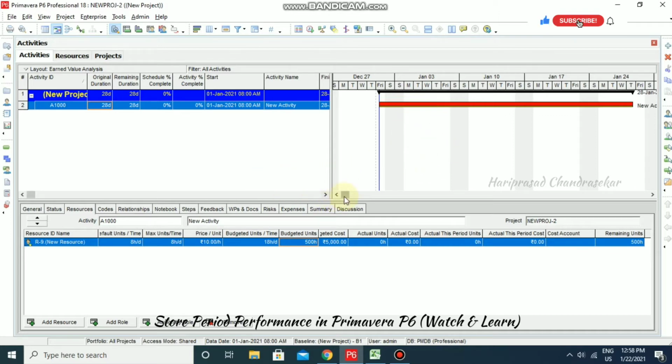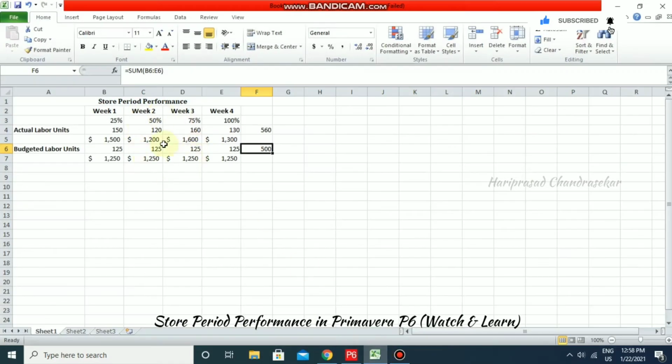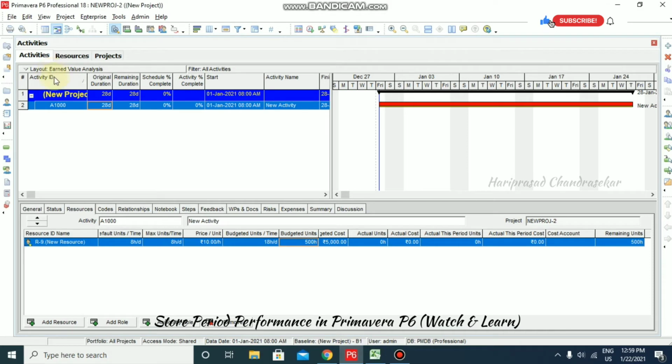Now we can go for updating our progress. For updating progress, we must consider this one. Before that, we must have something in Primavera in this layout: we must have financial periods.